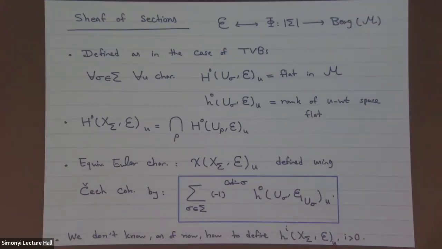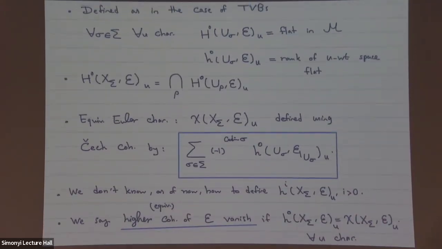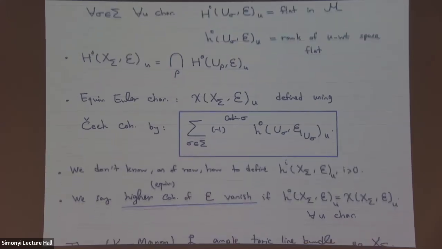And then the sheaf of sections also works in a similar way as in the toric vector bundle case. You have a rank of the matroid. I won't go too much into details, I'm running out of time, but for every affine chart and every character you can define this, basically repeating the story of the toric vector bundle case. In the geometric case, it would give you a flat in M, and then its rank would be the dimension of the space of weight sections, and global weight sections are the intersection of these. So everything works basically the same way, except that